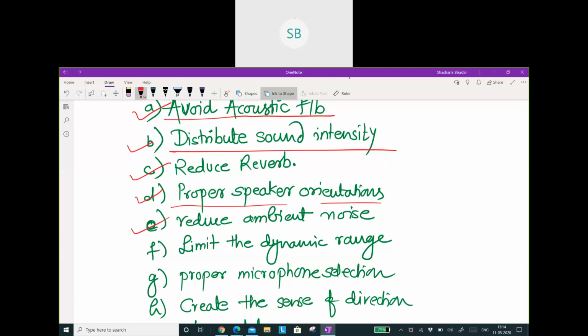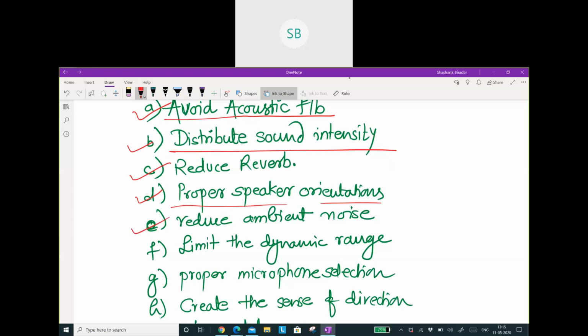So in a high ambient noise environment, the amplifier gain is generally high. This will make the low frequency notes be heard very loudly. So in order to avoid this, low frequency signals should be attenuated. So proper attenuation and proper precautions in the presence of such a scenario should be taken care of.